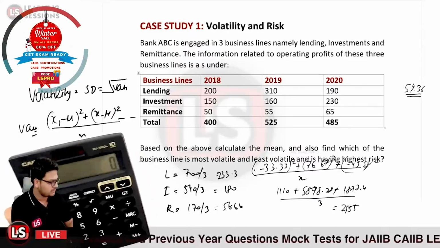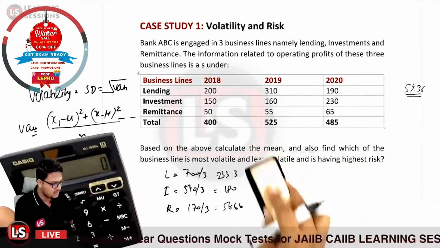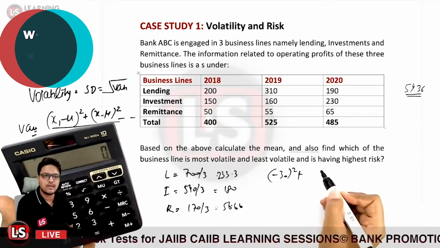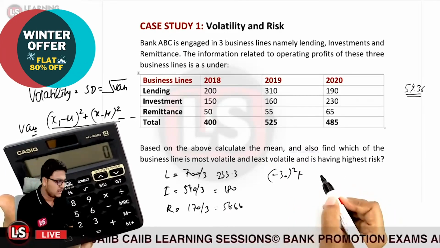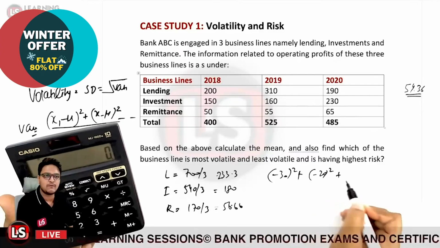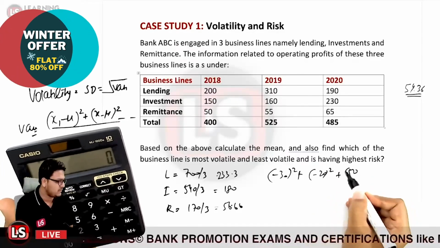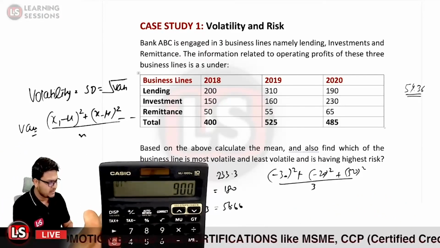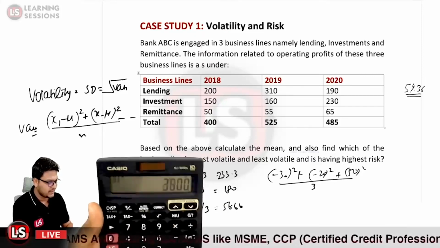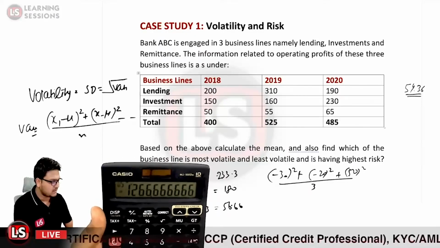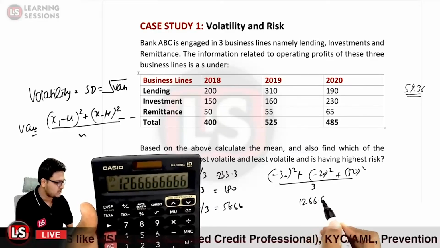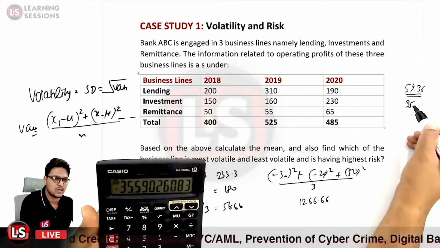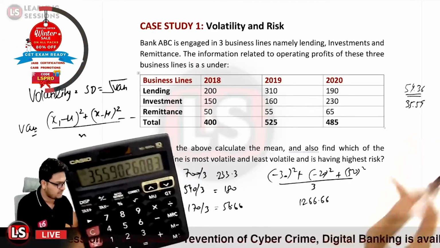the other two. So for the second case, 180 is the mean over there. So it will be 150 minus 180, that is equal to minus 30 square, plus 160 minus 180, that will be minus 20 square, and further 230 minus 180, that will be 50 square, and divided by 3. So that will be the mean. So 30 into 30 is 900 plus 400 plus 2500, that is 3800 divided by 3, that comes as the variance. So the variance in this particular case is 1266.68, so the square root of that, the standard deviation comes out to be 35.59.